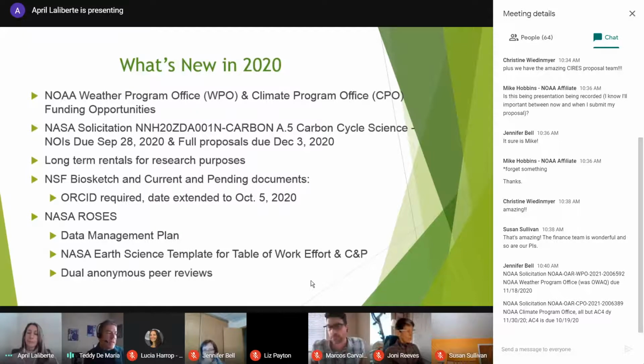And there's a new NASA Earth Sciences template that April will tell you about for work effort and current and pending. They're kind of together, and how that works. It is a bit of a change. It's quite significant, but they have some really good guidance on how to use it.